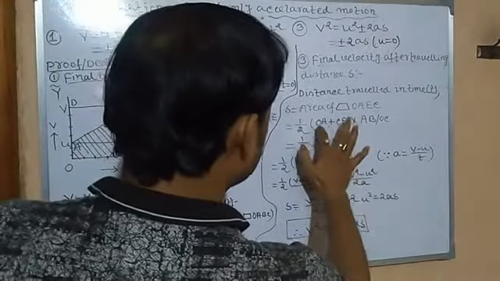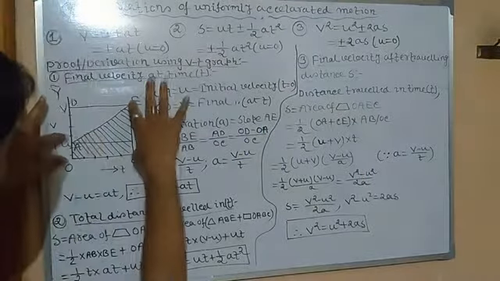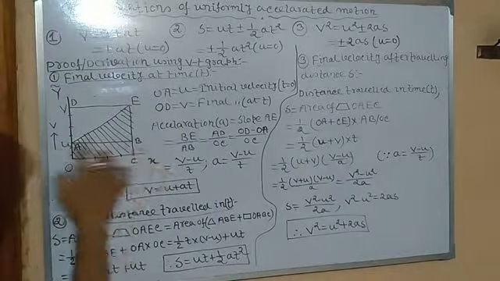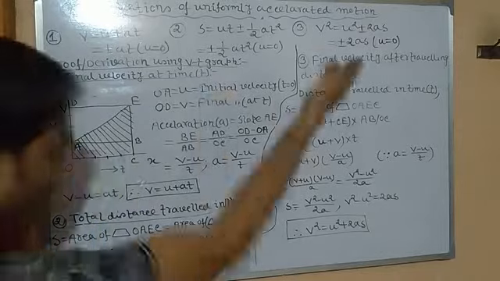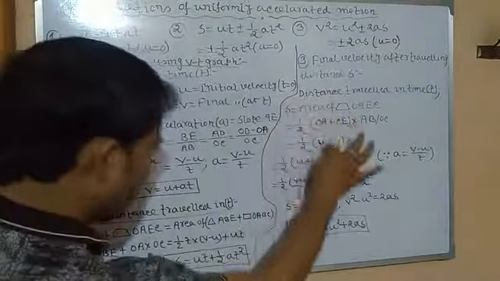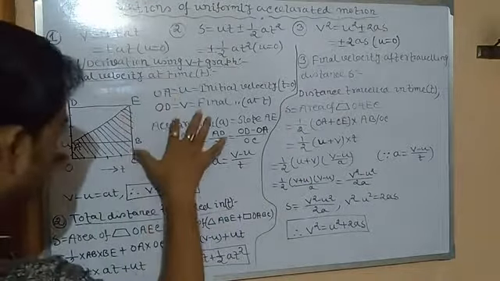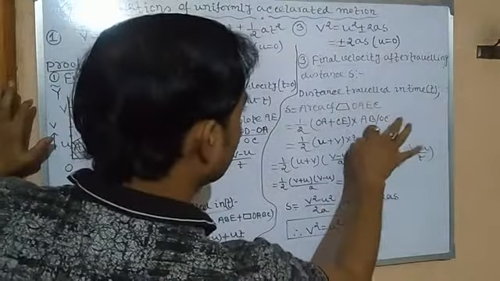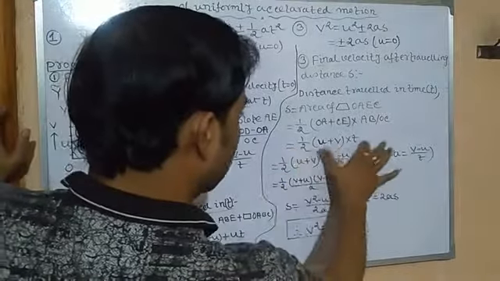Okay. So half into the sum of the two parallel sides. These are the two parallel sides of the trapezium, into the perpendicular or shortest distance in between them. Between them means the two parallel lines. So it is either AB or OC, anyone. So what is OA? OA is nothing but U. You can see from here. What is CE? CE is nothing but V. Clear? CE means OV. V into AB or OC, it is T. Okay. Now half into U plus V, what is T?